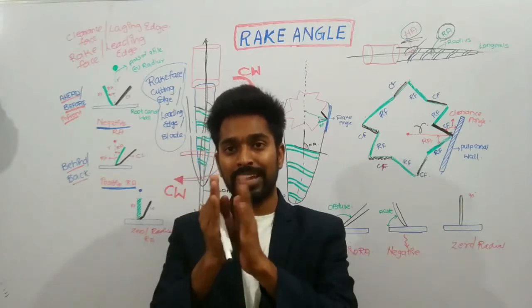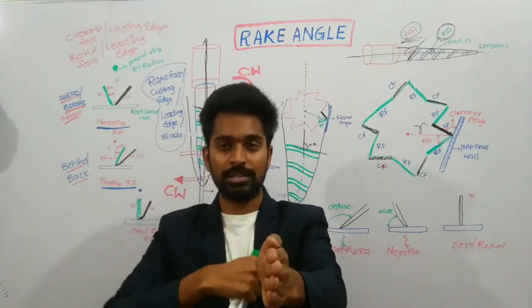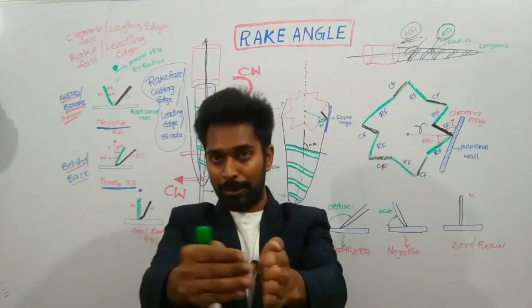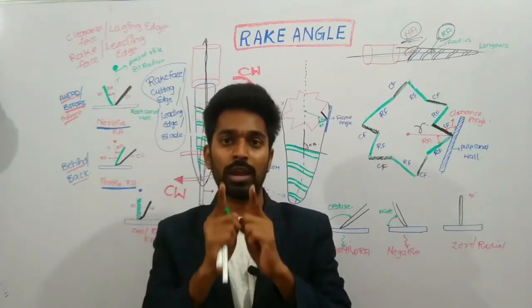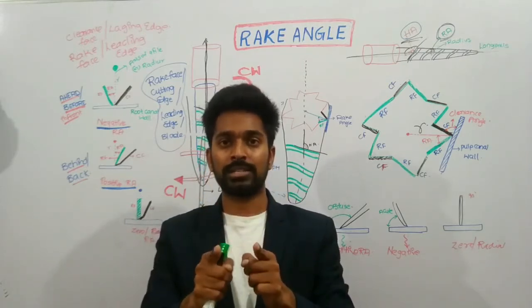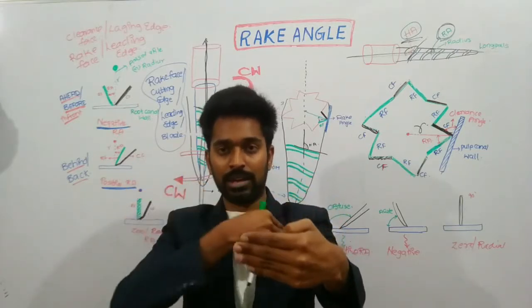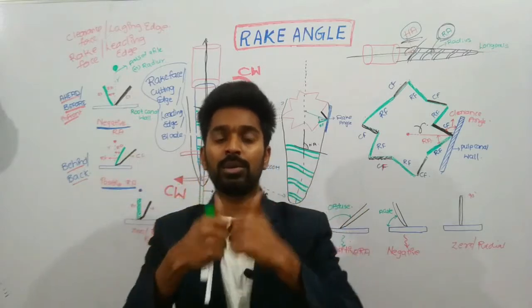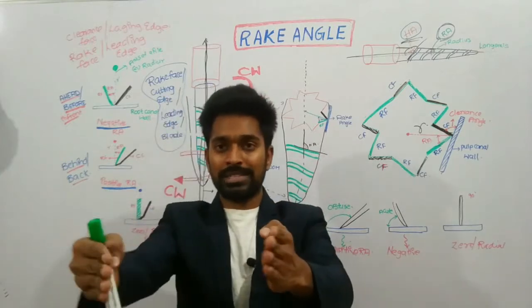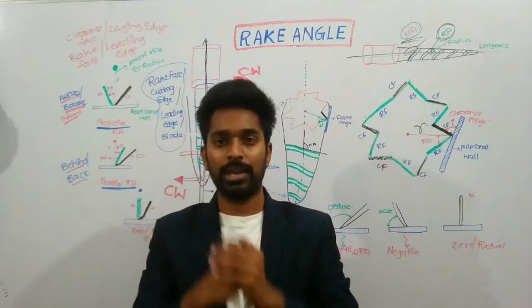Whereas if the rake face is behind or back of the radius of the file, this is the radius of the file and this is the rake face, it is behind the radius of the file, this is called a positive rake angle. If the rake face coincides exactly with the radius of the file, this is called a zero rake angle or a radial rake angle. I repeat, if the rake face is ahead of the radius of the file, this is called a negative rake angle.